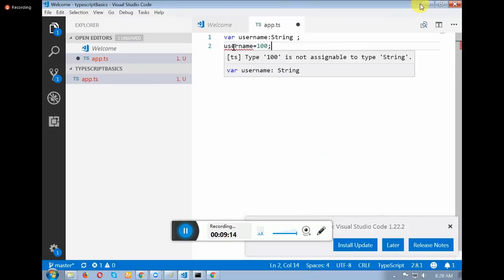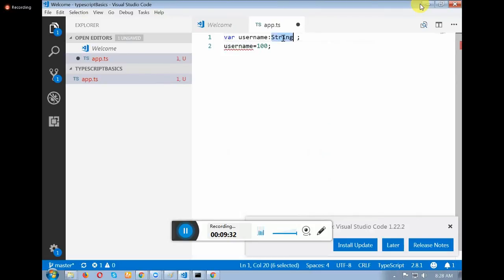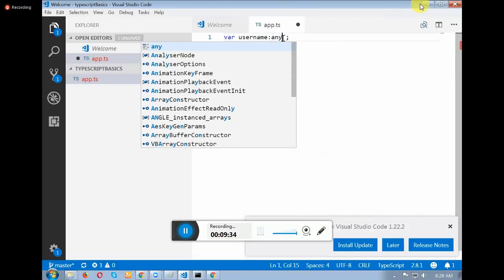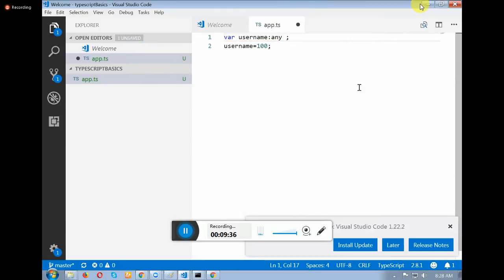Rest of the things, whatever you have learned in ES6, 100% holds good here, except the specification of data type. Okay, now if I say any, what does this any mean?